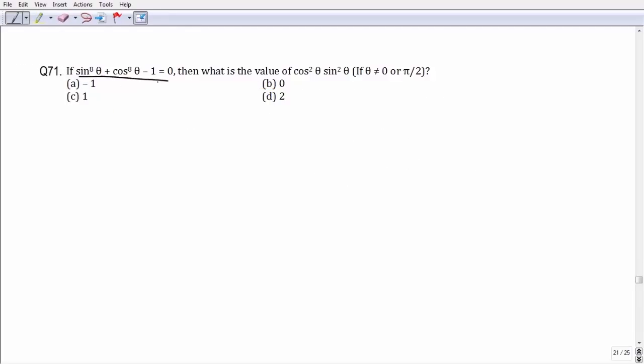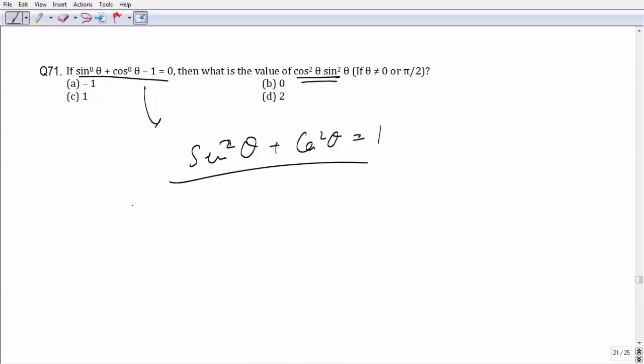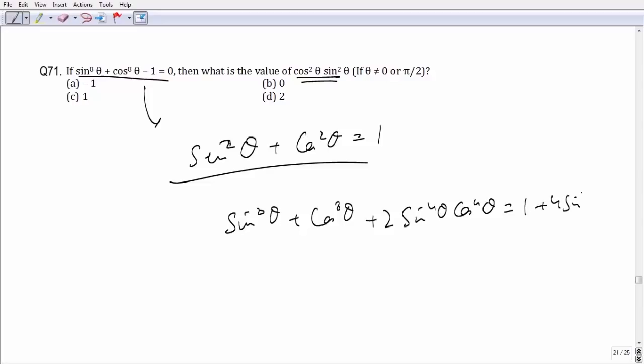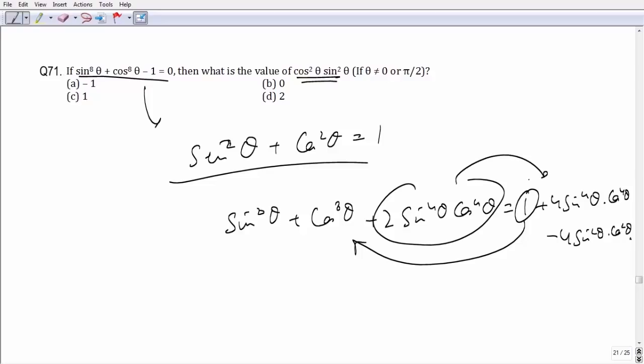It says that in the given equation we have to find out the value of cos square theta into sine square theta. Now we know one fact that sine square theta plus cos square theta is always equal to 1. So after double squaring the whole equation, we'll get a final equation as sine 8 theta plus cos 8 theta plus 2 sine 4 theta into cos 4 theta equals 1 plus 4 sine 4 theta into cos 4 theta minus 4 sine square theta into cos square theta. And bringing this value 1 to LHS side and this value to RHS side, we get the value